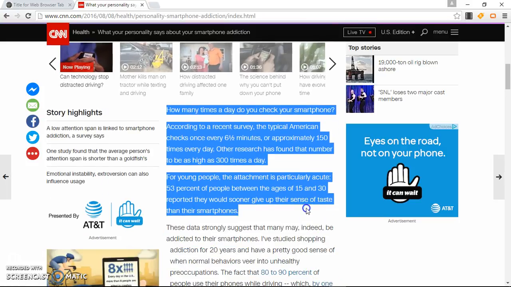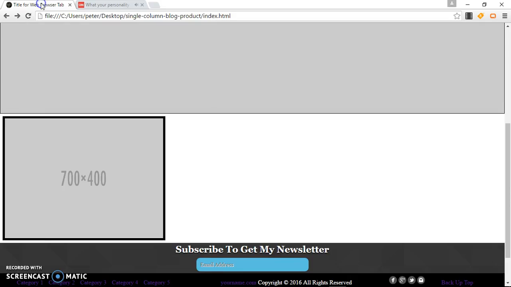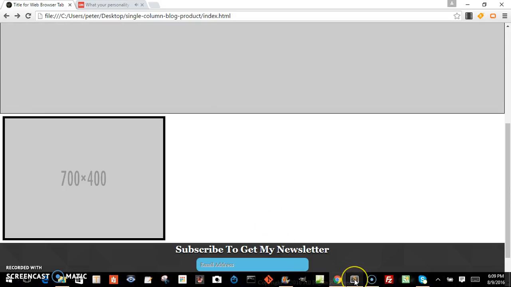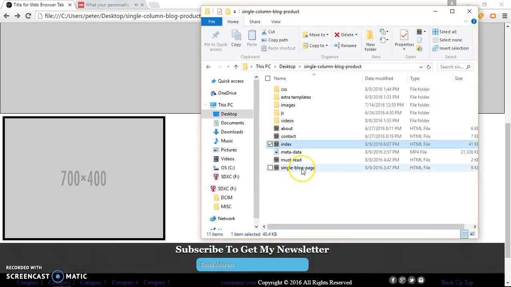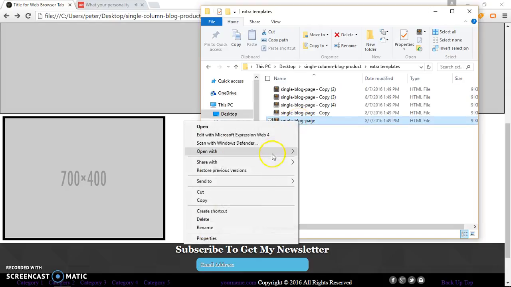Alright, yeah, I guess we can just grab this piece right here. We'll go ahead and copy that. Now, since I have my one regular page open, I'm gonna go to my extra templates and just grab one and change the name